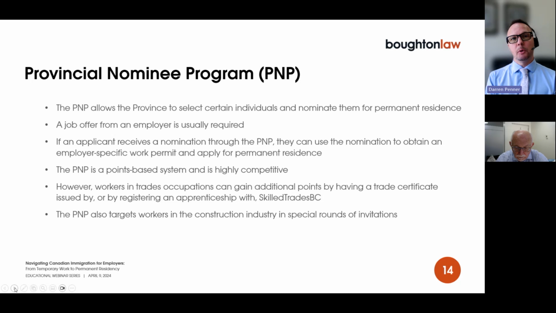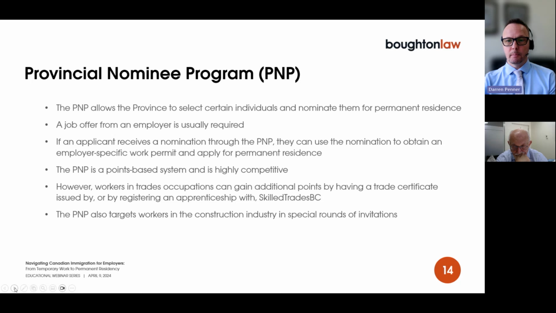They typically open up the program in December, so everyone registers then, and then they send out rounds of invitations through the year. If you know anybody that wants to get a working holiday visa, it's really important that they register in December of any given year, and then usually IRCC will send out invitations in January or February. But if they register too late, they may have to wait until the following year to come.